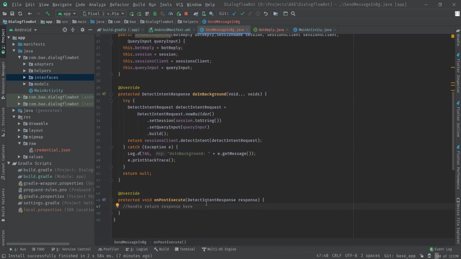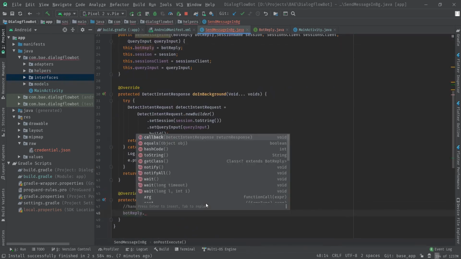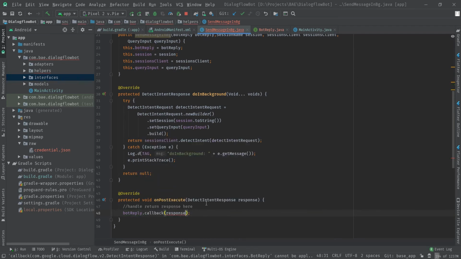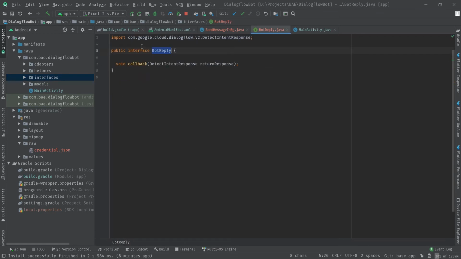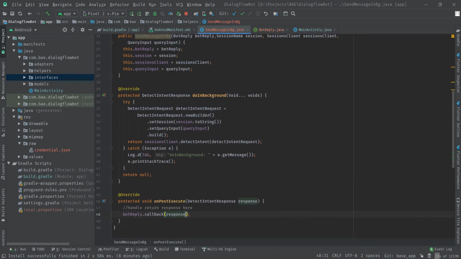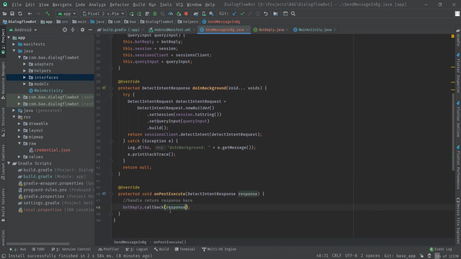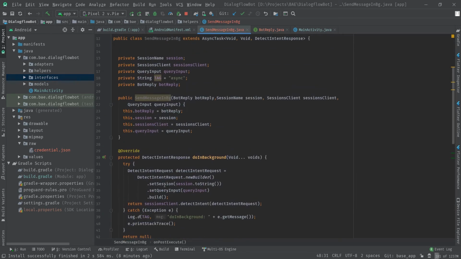In the response, I'm simply calling the interface and passing the response. This way, any class which implements this particular interface will be receiving the response from the onPostExecute method.